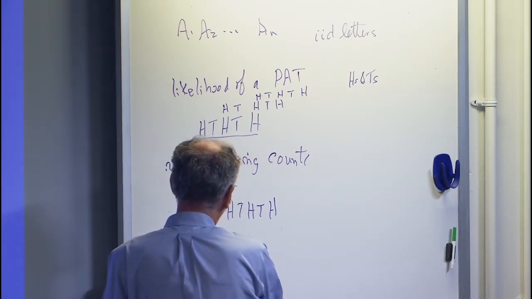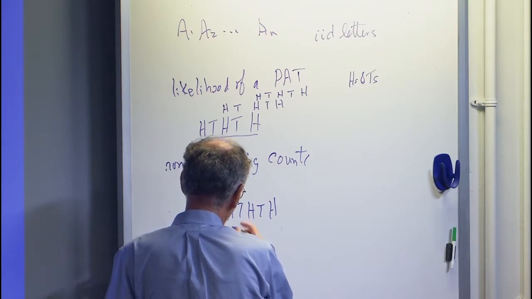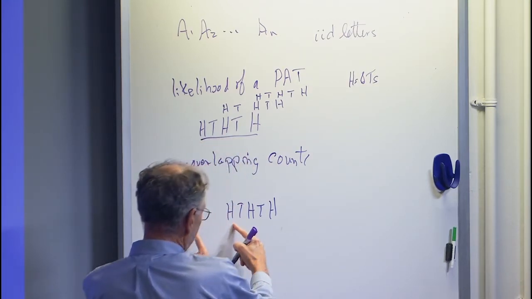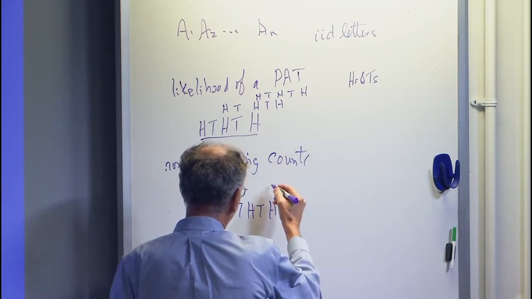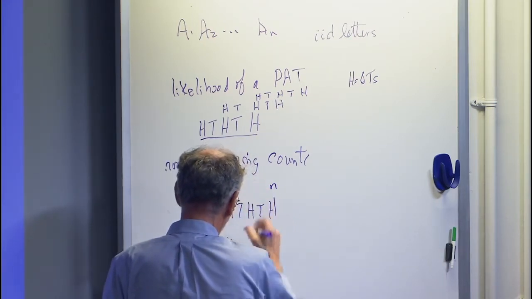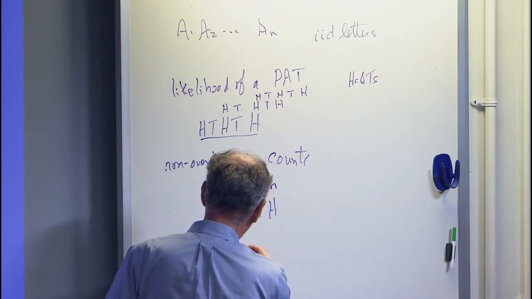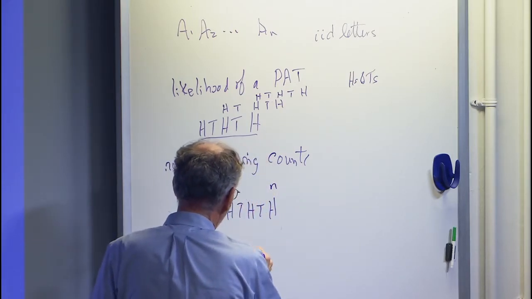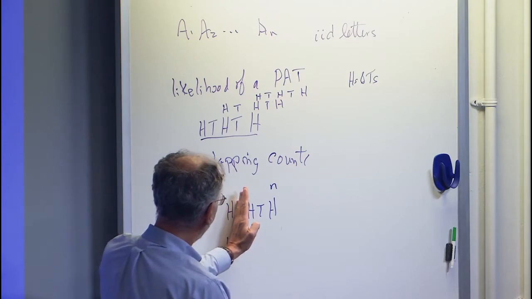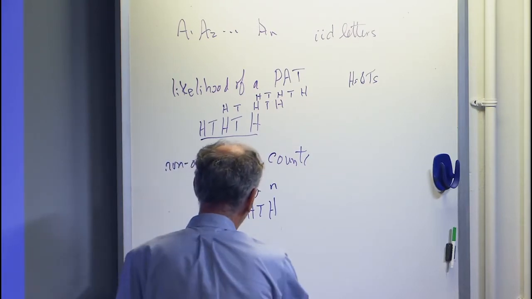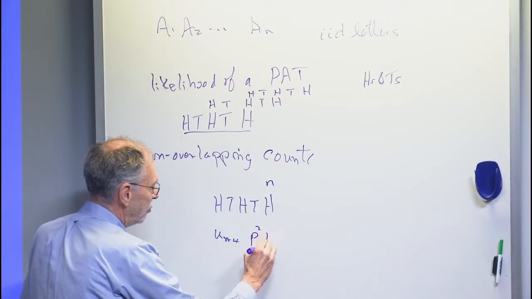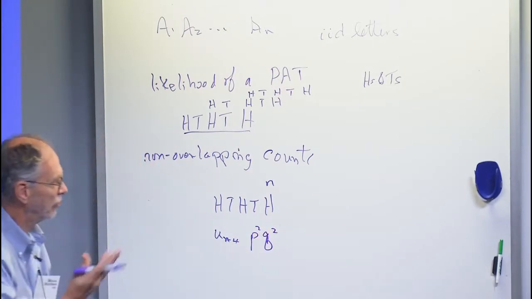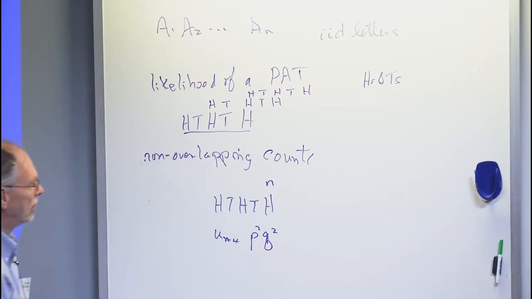So it may have occurred, for example, the pattern could have occurred before this. So we'll make this position N. So you could have had the pattern occurring here, this being the end of the pattern, then you would have had to have two heads and two tails, where P is the probability of heads and Q is the probability of tails. Or